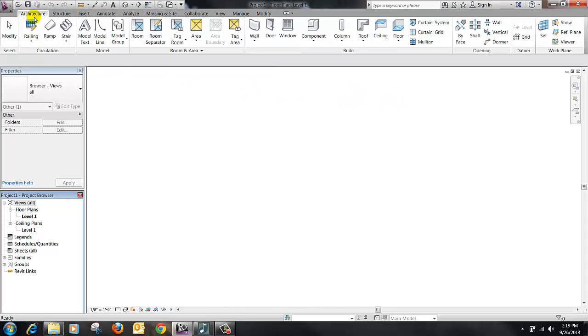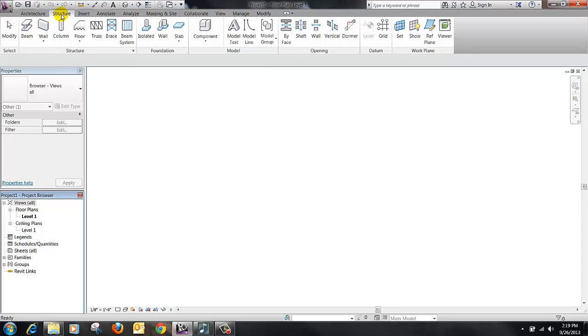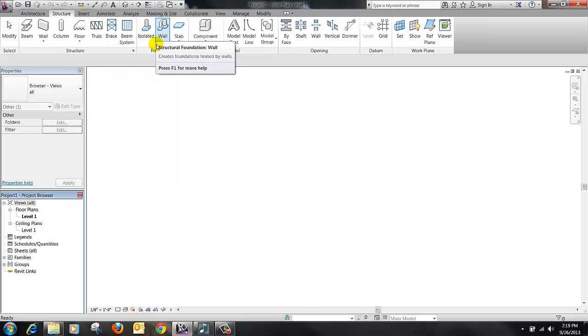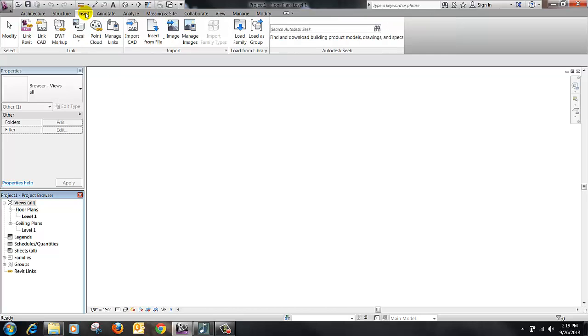through the program. The next tab is structure, and this is when we're dealing with structural items, beams and columns, structural floors like concrete floor slabs, foundations, things of this nature. Okay. The insert tab,